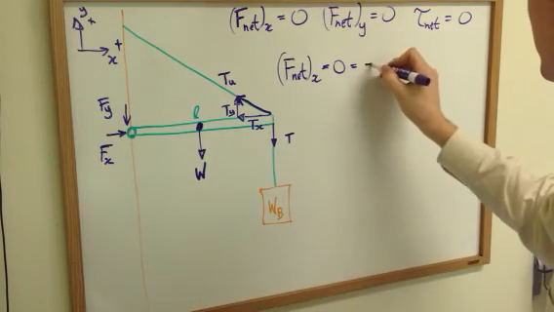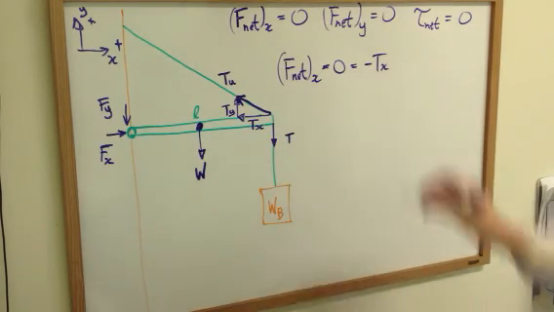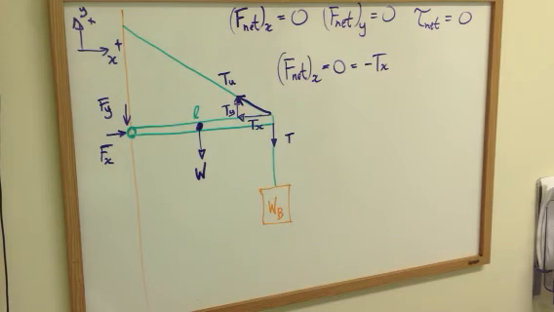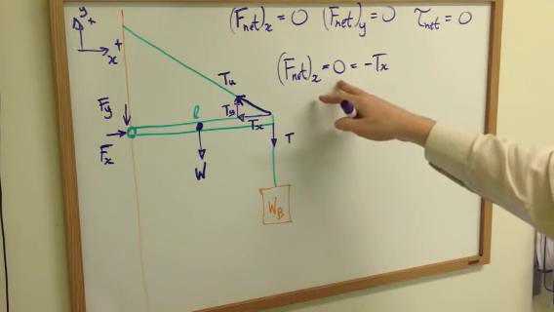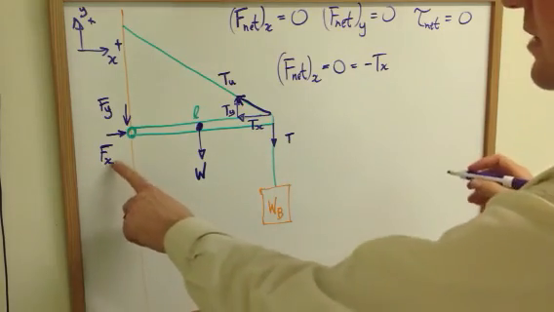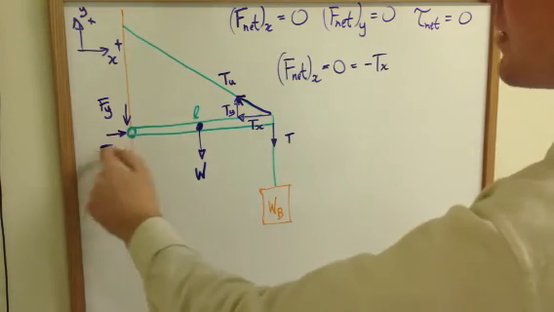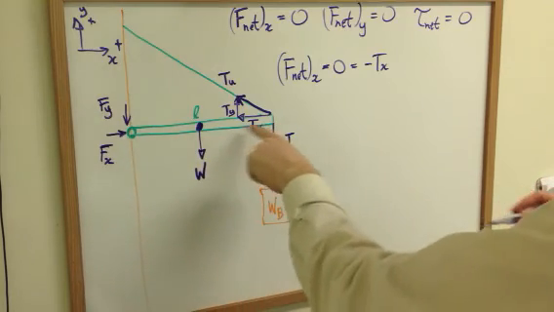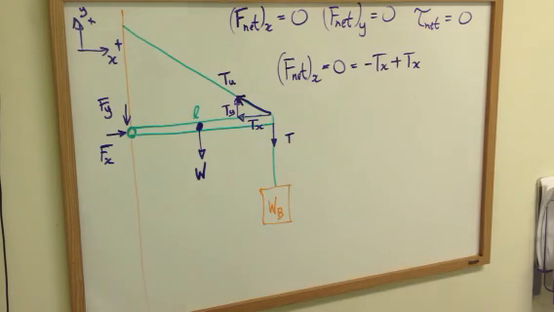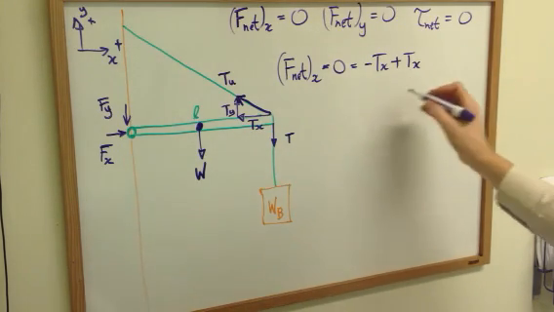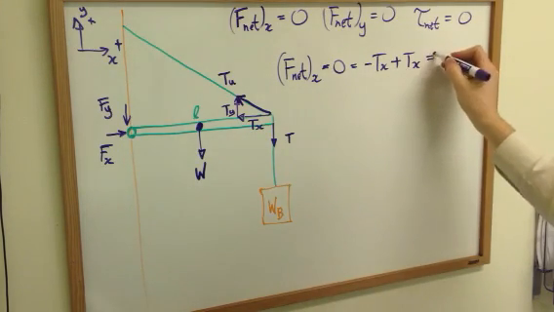So I'm going to put a little negative Tx there. That is going to have to be balanced. So I know that this force Fx is out because it has to balance this Tx, because together they must equal 0. So they have the same magnitudes in opposite directions, and that makes for quite a simple